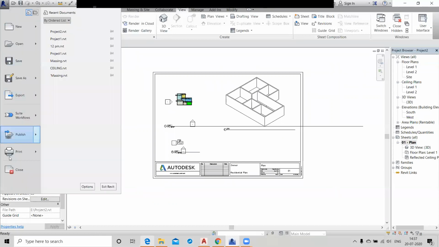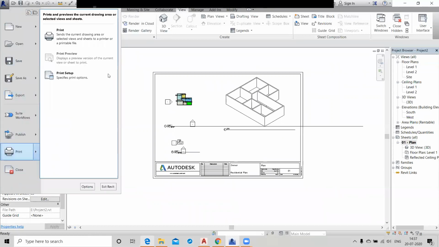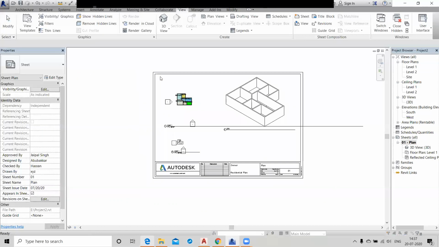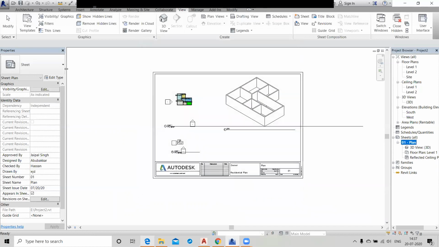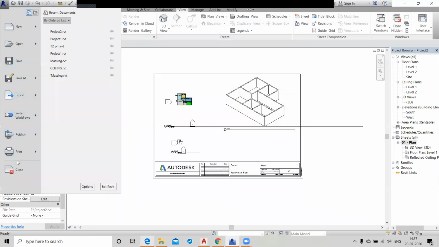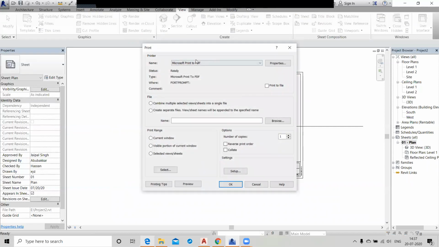You just go and click on the print button, print setup, and you just select the letter size. All the settings are good. Click on print, and this is your Microsoft Print to PDF.